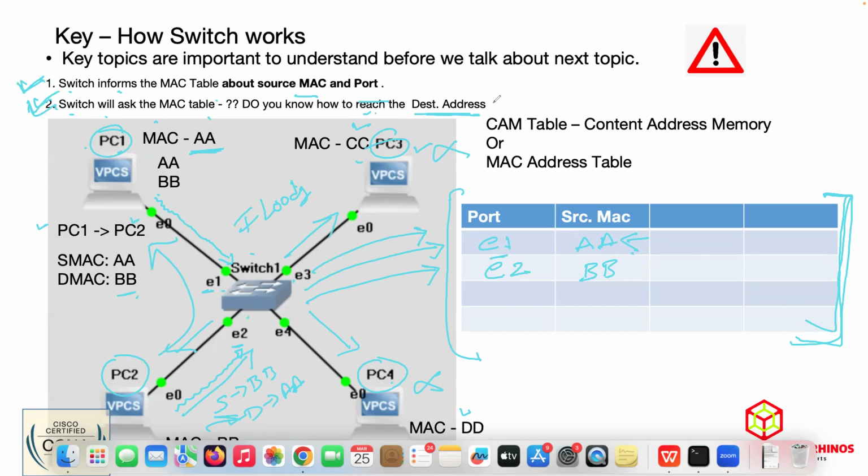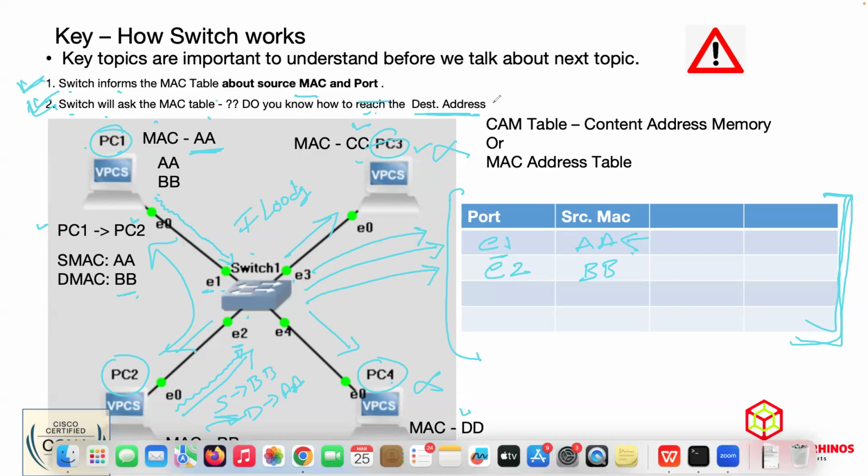Think like this. You are A, B, C, and D. I am E. I don't know who is A, so I ask everyone. When A replies, will A shout to everyone that I am A? No. She will reply only to me.